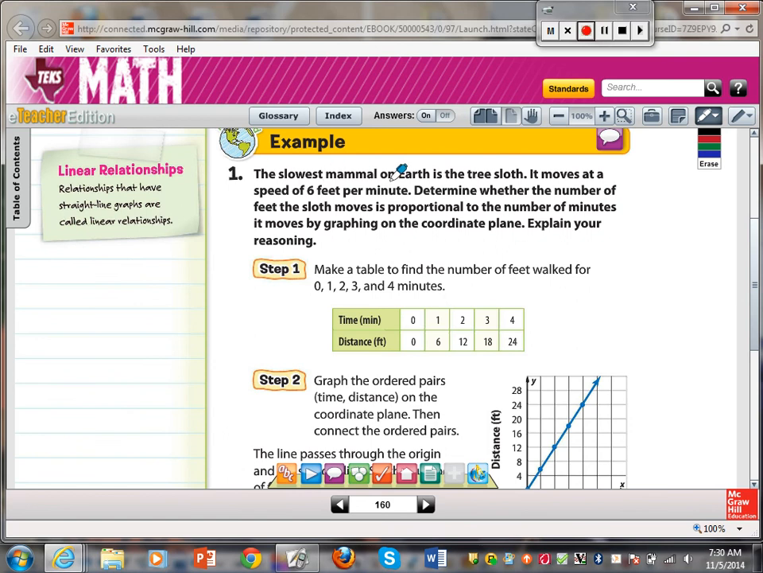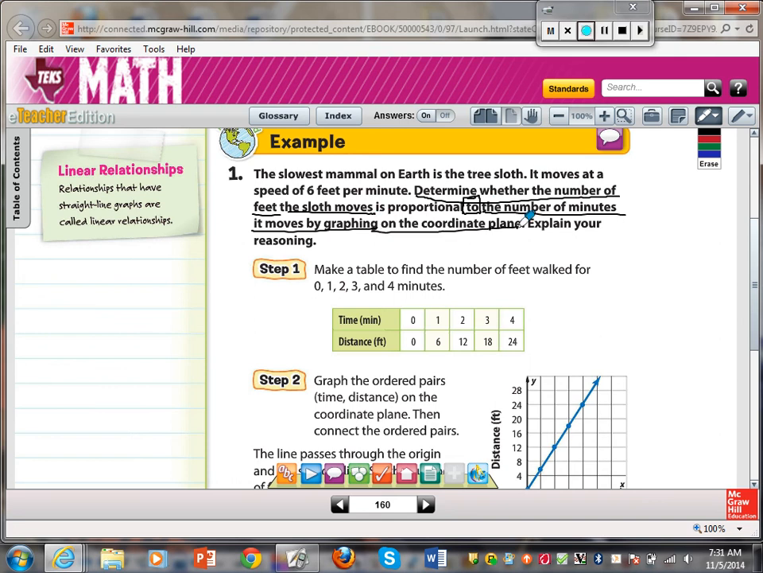The slowest mammal on earth is the tree sloth. It moves at a speed of 6 feet per minute. Determine whether the number of feet the sloth moves is proportional to the number of minutes it moves by graphing on the coordinate plane. Explain your reasoning. So here it says they want us to determine whether the number of feet the sloth moves is proportional to, remember this word, very important when you're doing ratios, the number of minutes it moves, by graphing it on